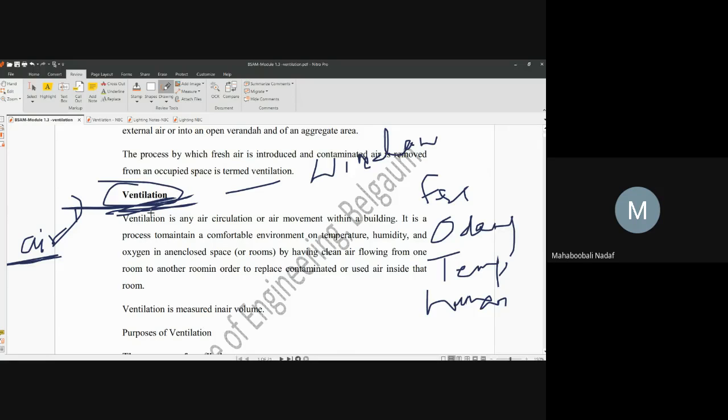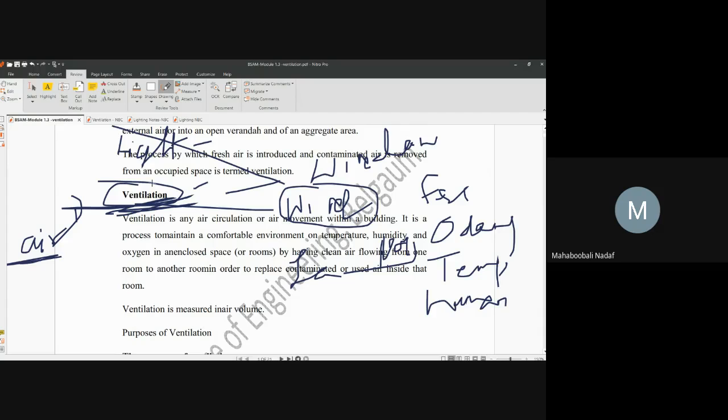Okay, correct. See here, ventilation and lighting are the processes. Windows, lights, fans are the tools. A window is a tool, a piece of equipment, which is used for both ventilation and lighting. You cannot say ventilation is helpful for lighting. It's somewhat different, but windows, which are the tools, will be helpful for both ventilation and lighting.